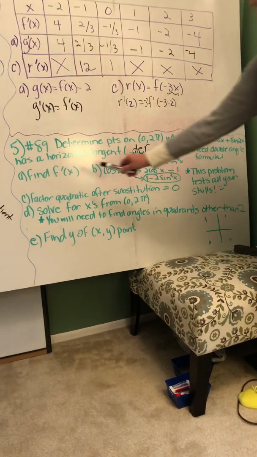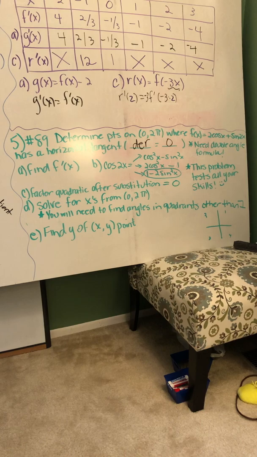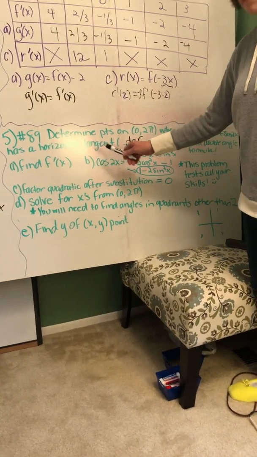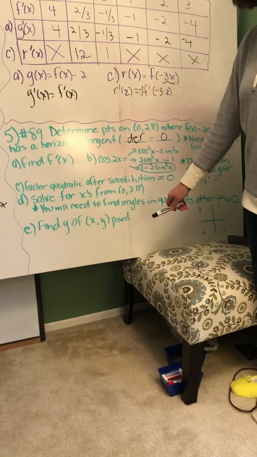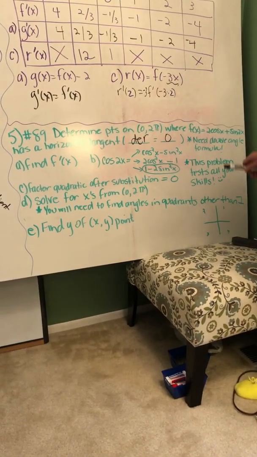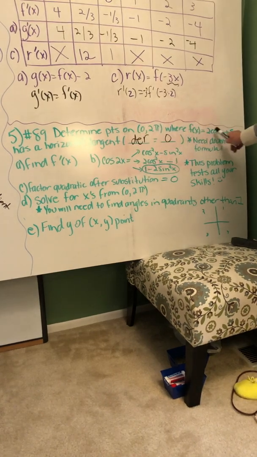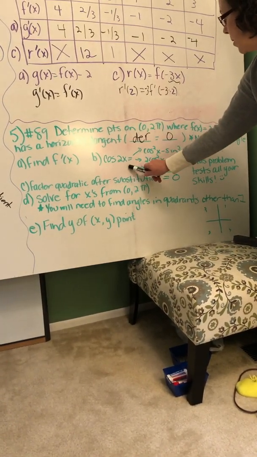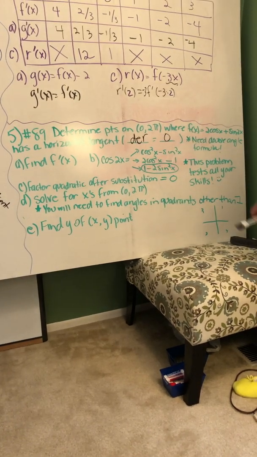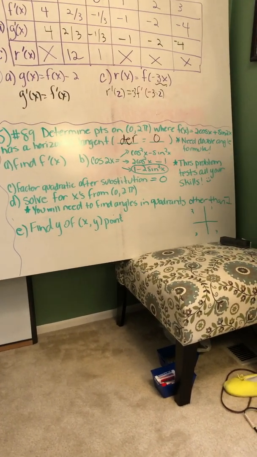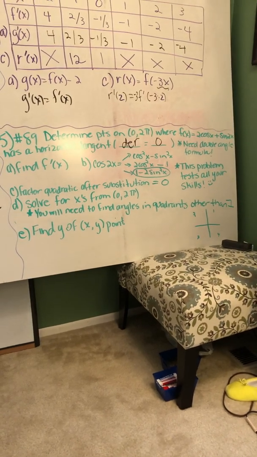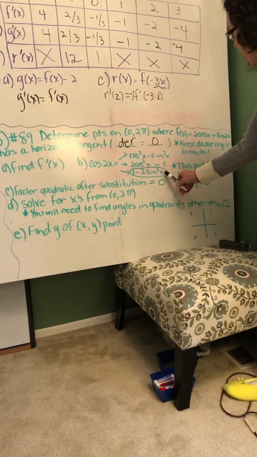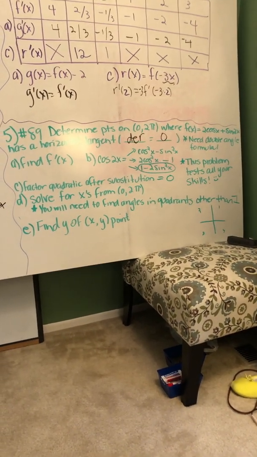So A, find the derivative of x, okay? Now let me just say, let me go back. When you go to do 89, make sure that you've taken these notes and you follow these steps, okay? Find the derivative of this function. Then you will end up using cosine of a double angle to use substitution. Here's the 3 forms of cosine of a double angle. Remember, I had you memorize them. The best one to use is 1 minus 2 sine squared of x